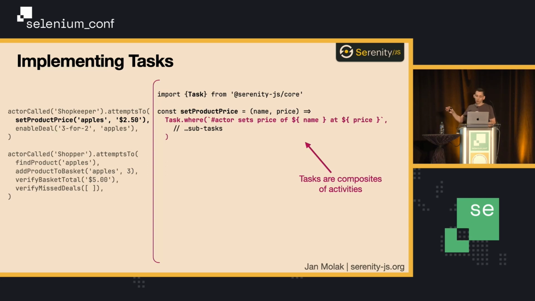Now, no matter the type of interface that you want to integrate with, to define a task, create a simple, reusable function like setProductPrice, and make it return a task where actor does something. What are tasks? Tasks are just composites of other activities. So they can be composites of click, and